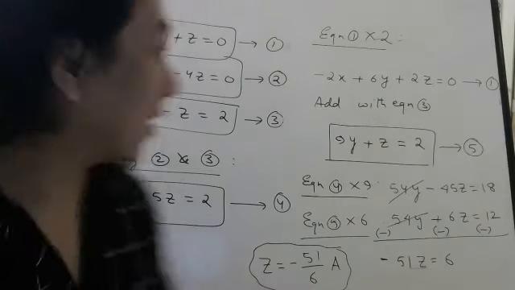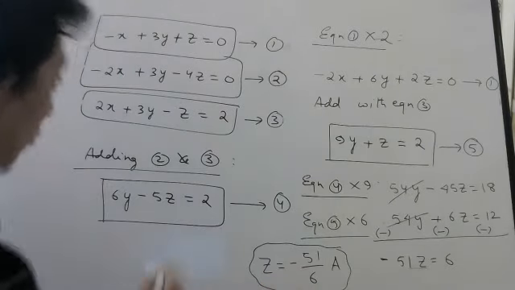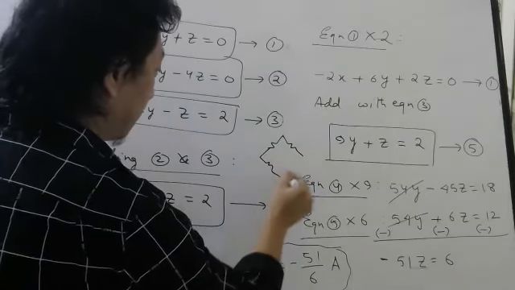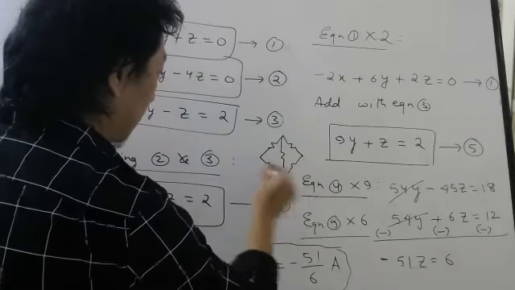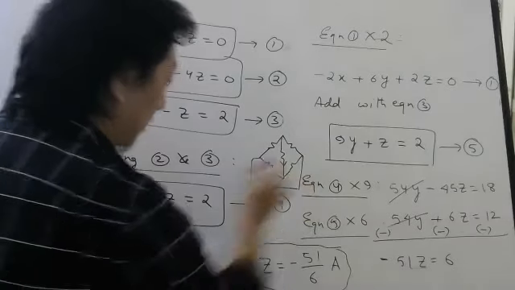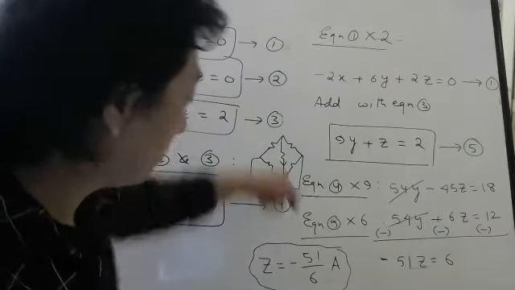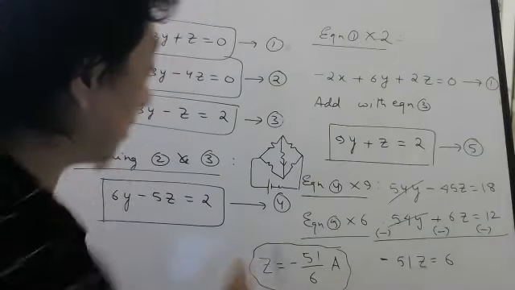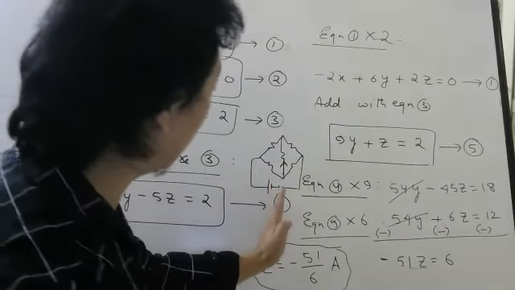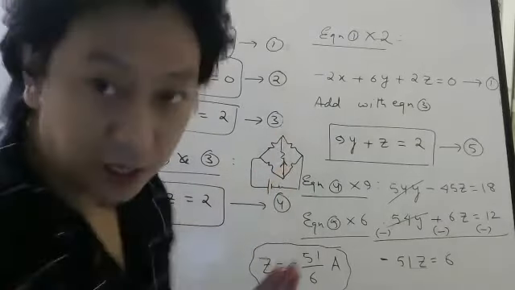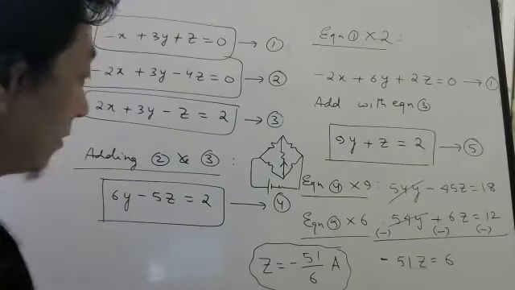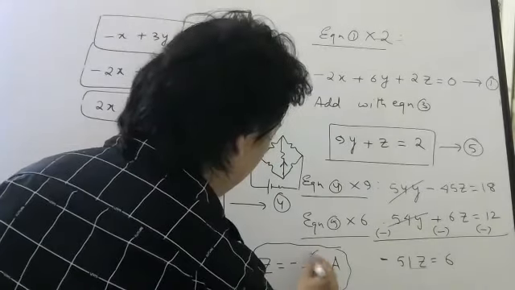Now minus sign means what? Minus sign means the actual current. If you see this circuit, if you remember, the way I showed the current was like this, right? Z was this way, but now I know I got minus. That means actual current is flowing this way. Okay, keep in mind. Thank you, students. Sorry, 6 by 51.